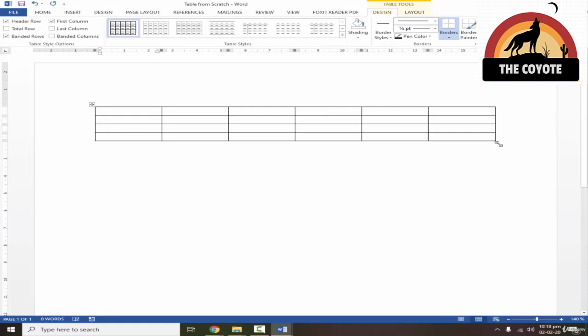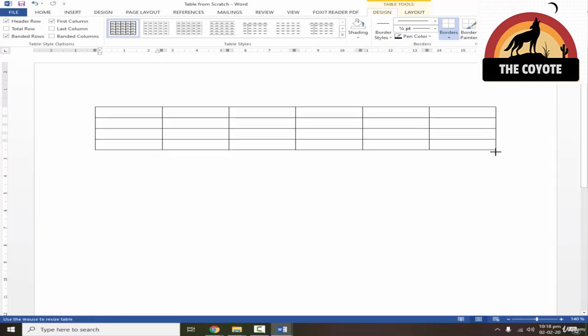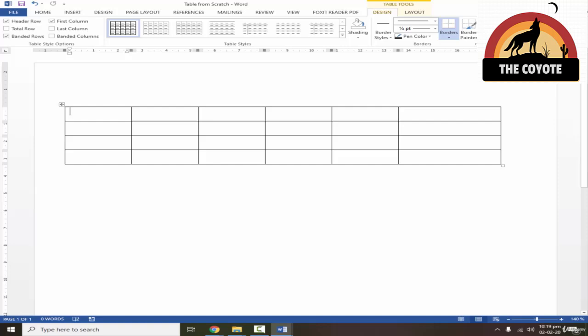You can simply go on this little white dot here, and as soon as you see this arrow key, you can hold it by left click and simply increase the size of it. Similarly, if you want to increase the occupied area of the page, you can just move the rulers like this.